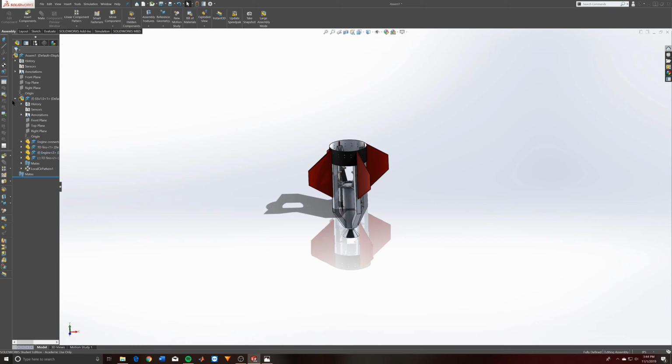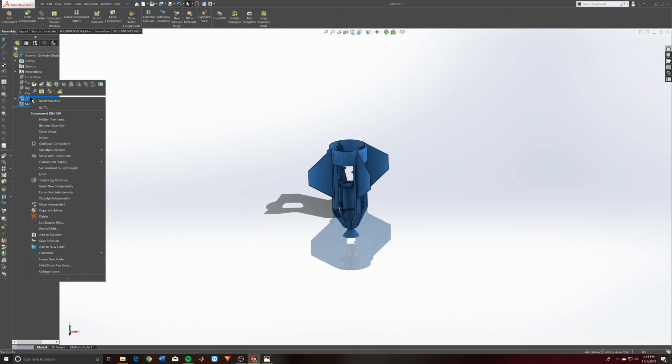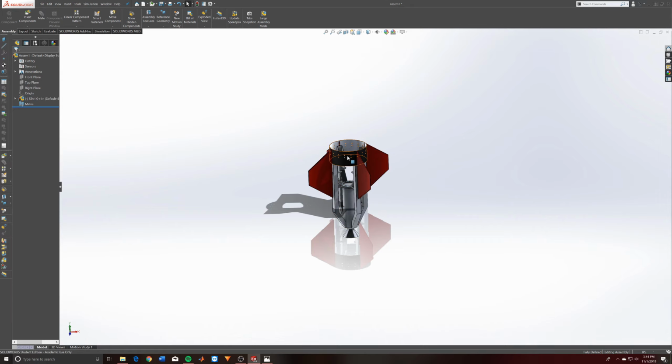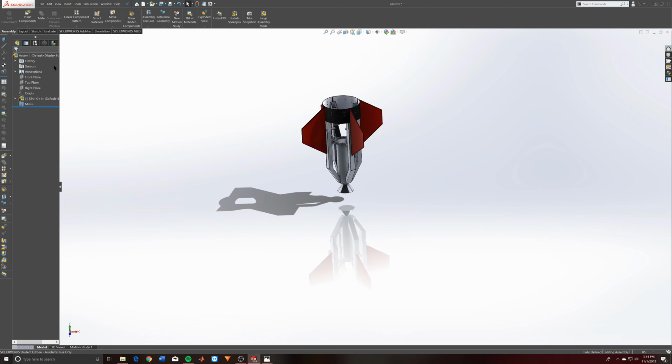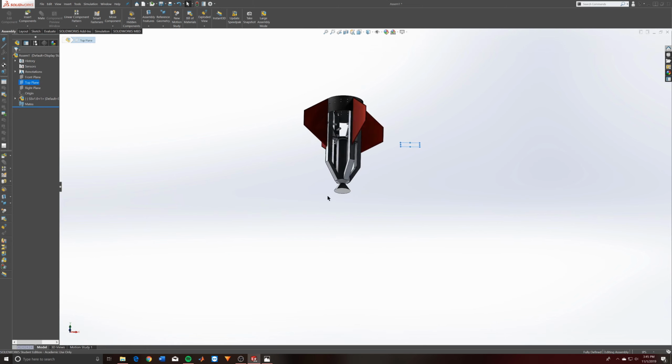So if I want to move it, I'm going to go over here, right click on the subassembly or the part, and I'm going to go down here to float. So then that allows me to move this wherever I want and actually mate it to whatever surface I want. So I'm actually going to start by mating the bottom surface of this engine onto the top surface of this assembly,